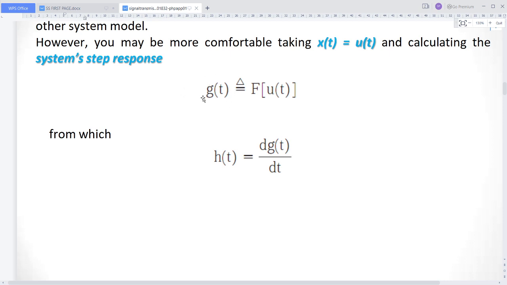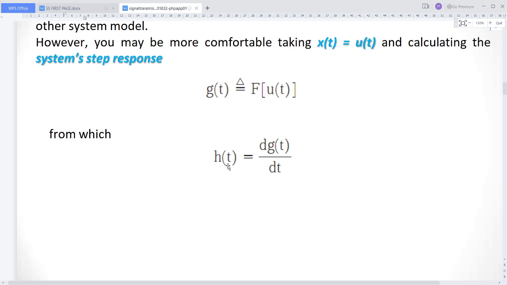I can denote it with g of t, because we know that the unit step function, that is u of t, is 1 for t greater than or equal to 0, and 0 for t less than 0, so that it is called the unit step response. g of t is nothing but the unit step response obtained by applying the unit step signal as the input to the system, such that you can get g of t, and such that you can write here h of t, which we can get, that is the impulse response